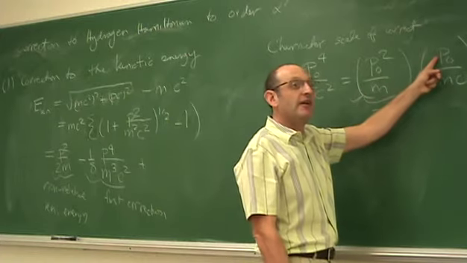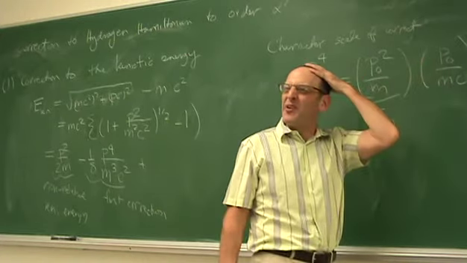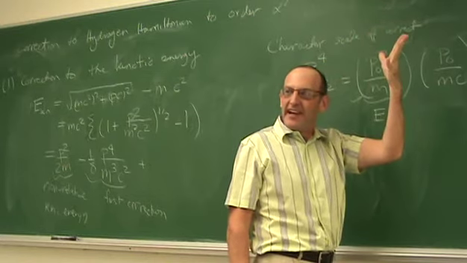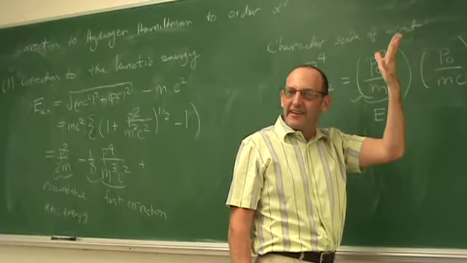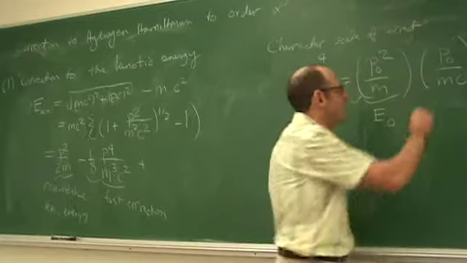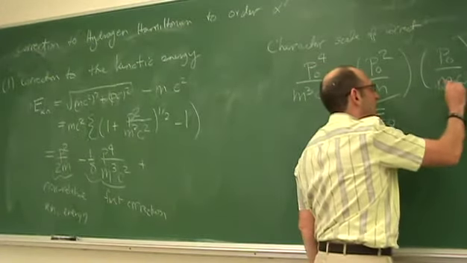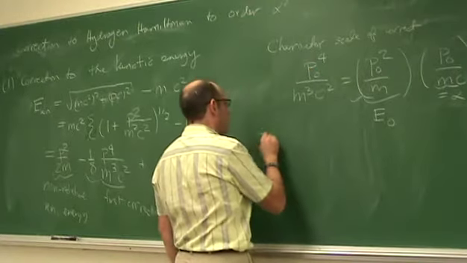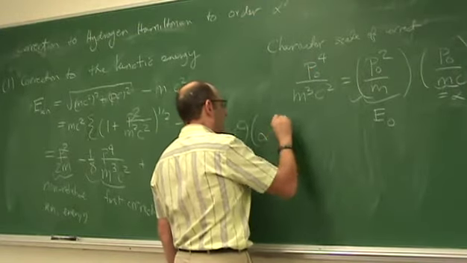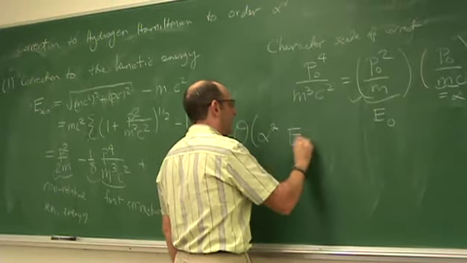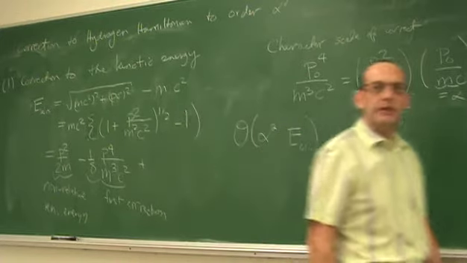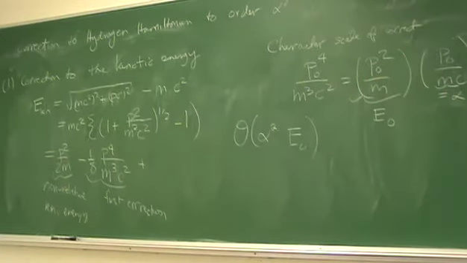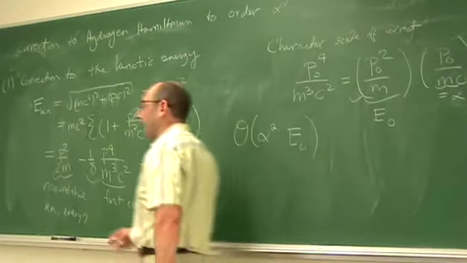Well, P0, if we thought about this again in terms of the Compton wavelength, then that's alpha times the Compton wavelength. So this, if you plugged it all in, is equal to alpha. So as promised, this correction term is of order alpha squared times the atomic unit of energy. So it's of the order that we had to keep if we're going to include all of the effects of order alpha squared. There's a correction term to the kinetic energy.